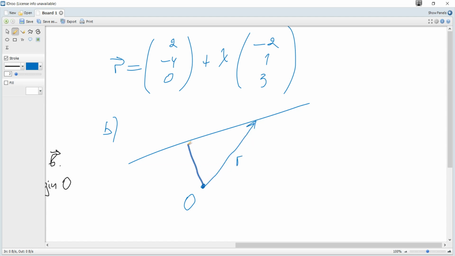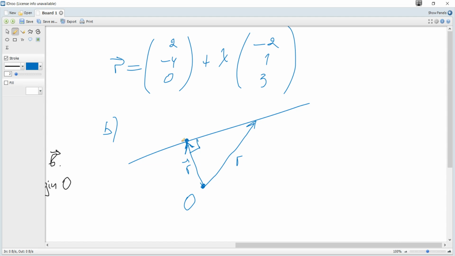But since we need the shortest distance, we consider this vector R to be to some point so that this vector is perpendicular to the line,